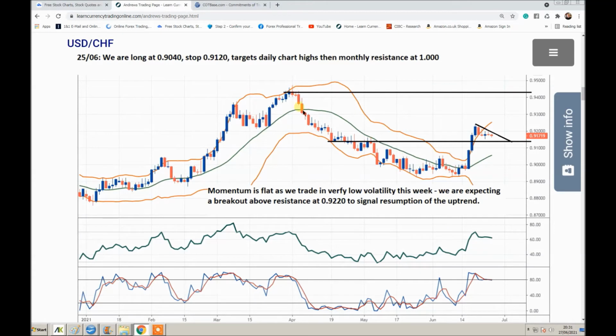USDCHF, and it was a really nice downtrend, but that's ended in our view with those big blues. And looking for a big rally to the upside, chart highs and onto the par level. The fundamentals are